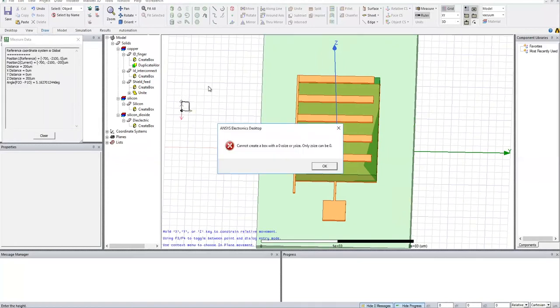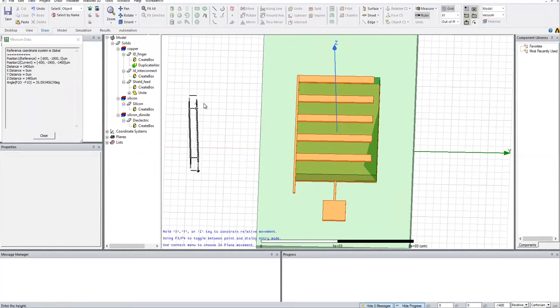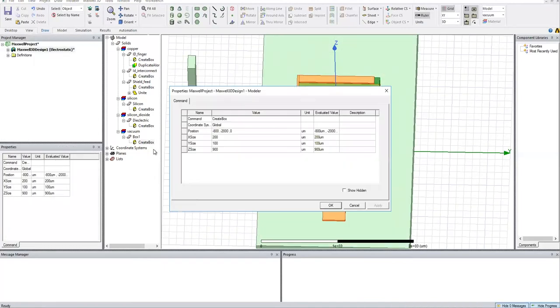Now we are going to design a contacting pad for our interdigitated electrode. The height of the contacting pad is the same as the height of the IDE interconnect and shielding electrode.